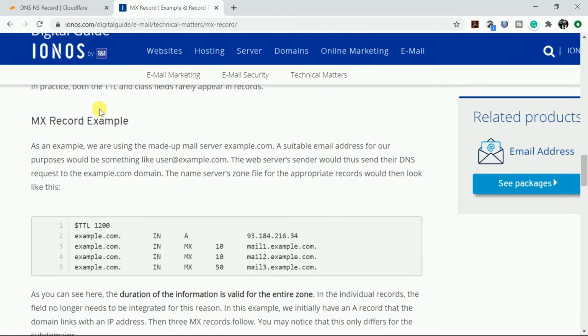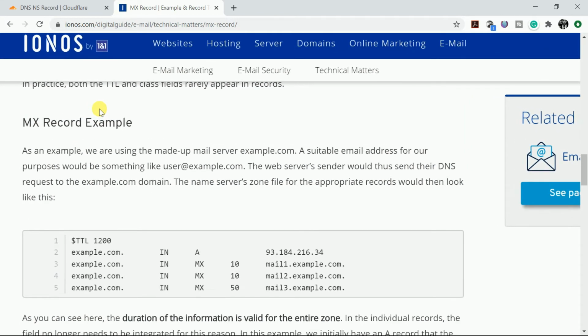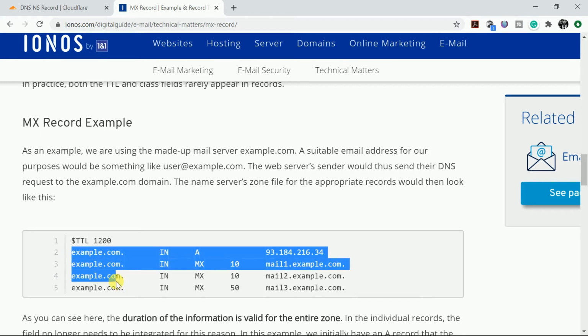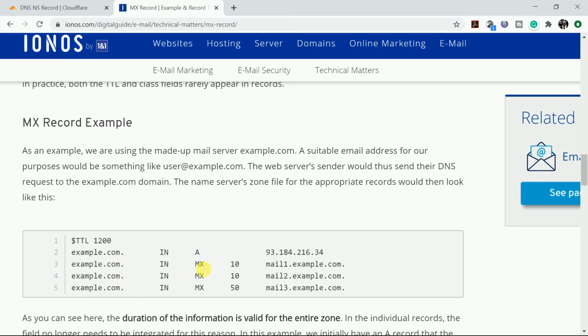So here you can see very clearly, as I was telling you, the first thing you can see here is the name, that is the domain name, and here it is tagged as an A, so it's an A record. So for a particular domain name, this would be the IP address. Okay, now these three are tagged as MX here. So MX is for mail exchanger. So you can see corresponding to it, these are mail servers.